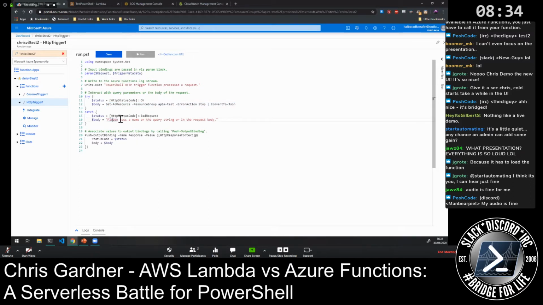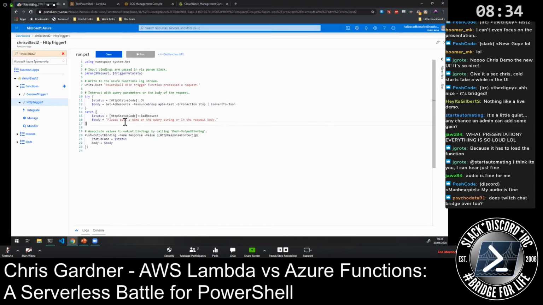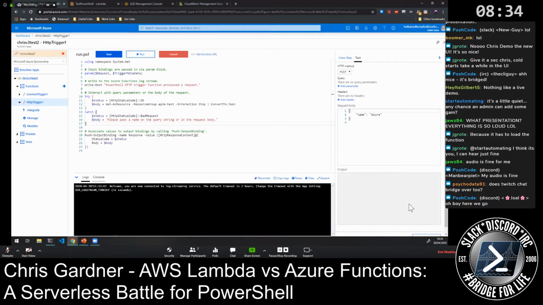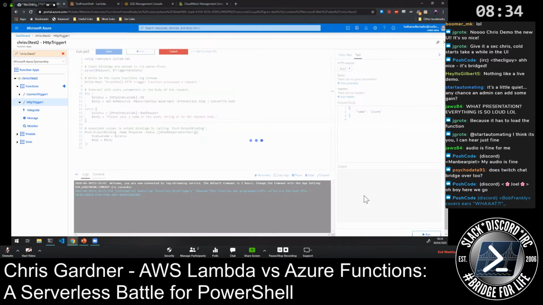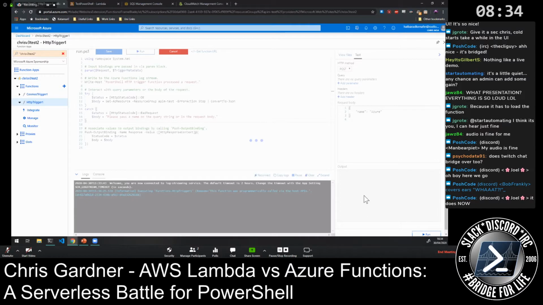If you can't do that for whatever reason, just tell me it's a bad request as if it was a normal web request. So I can hit run and run it. It'll take 20 seconds, 30 seconds, something like that, and then give me a big pile of JSON back.